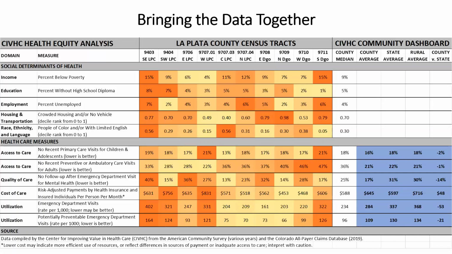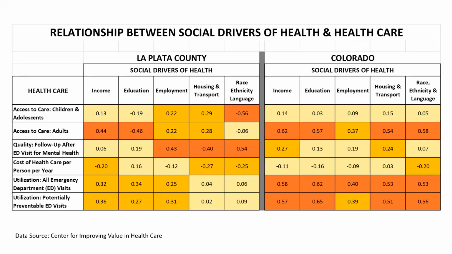Next slide. We were also really interested to try to understand those correlations. So Cari presented to you earlier what she saw at the statewide level, which is shown on the right. What we saw in our own county was a little bit different. So there were still those correlations at the bottom with emergency department use, for example, that we could impact. They weren't as strong in our county. Where we saw a stronger correlation in our county was in quality of care, and specifically here, follow-up after mental